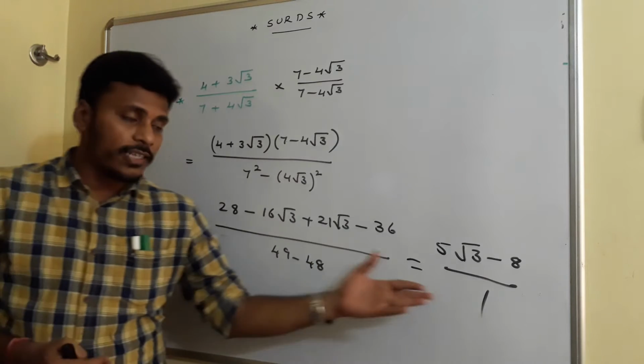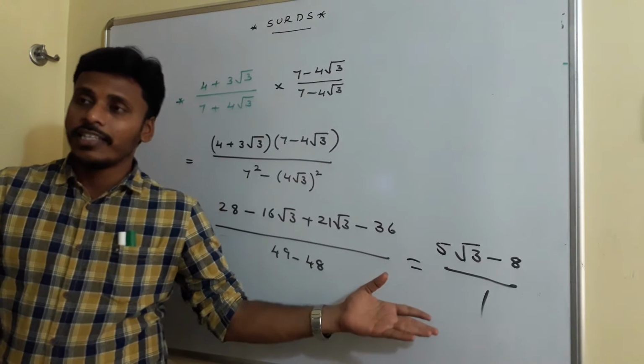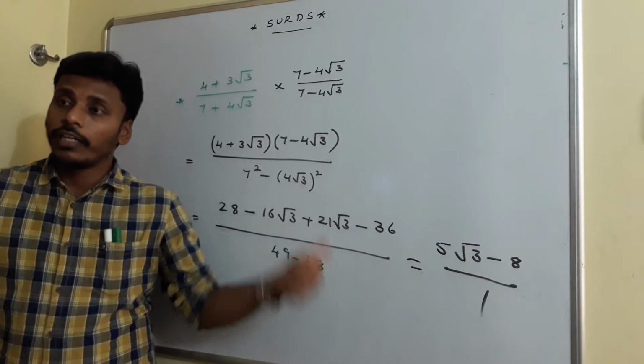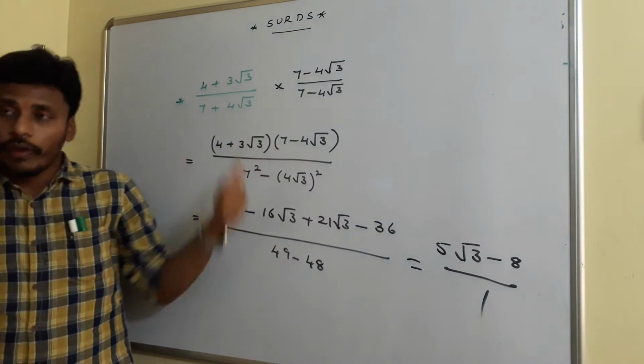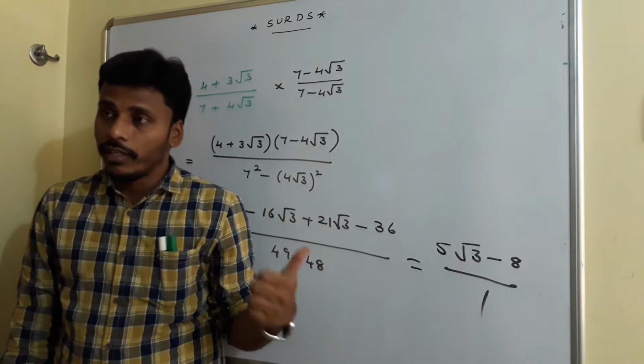At the end, there is no irrational number in the denominator, and this is your answer. Right? Numerically, both the values are the same, but here the denominator is rational, whereas before it was not rational. Think about it, and I will come with the next one.